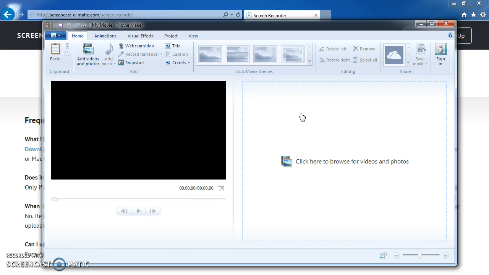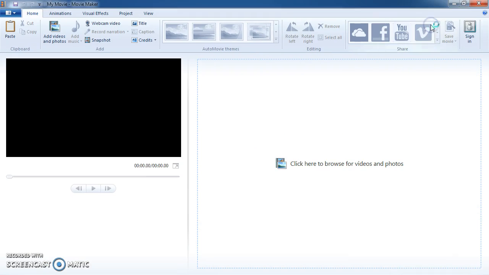Slowly but surely. So when you're looking at MovieMaker, over on the left side you have your preview screen, and then over on the right is where you're going to build your timeline. So in order to get started, you have to add something that you can watch. So you want to start either with a title or adding a video and photos, which are all under the Home tab here, if you ever need to get back to them. I'm going to start with the title. I click on Title,